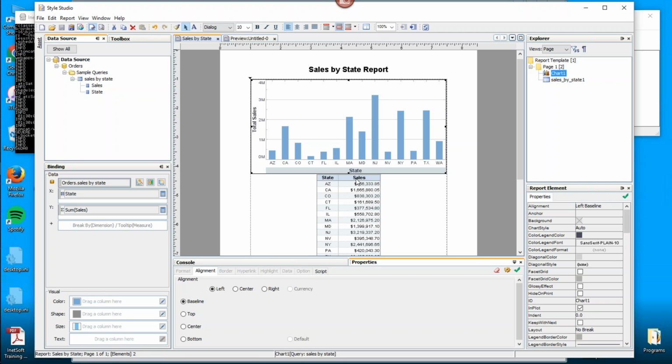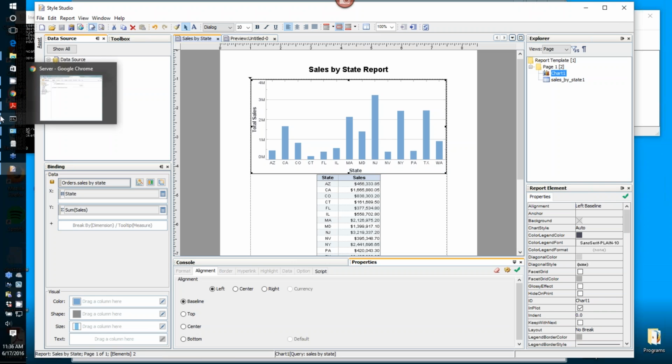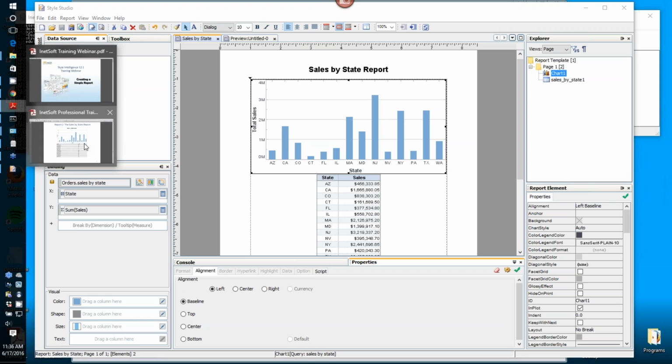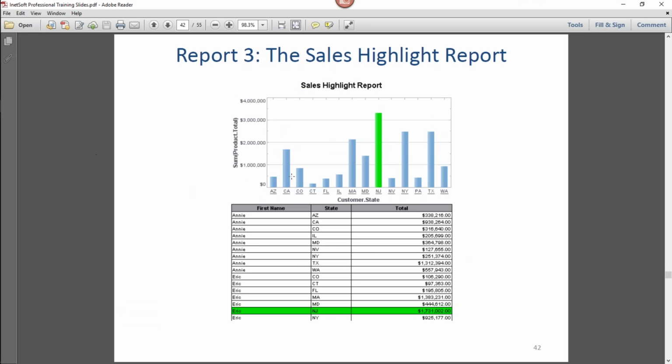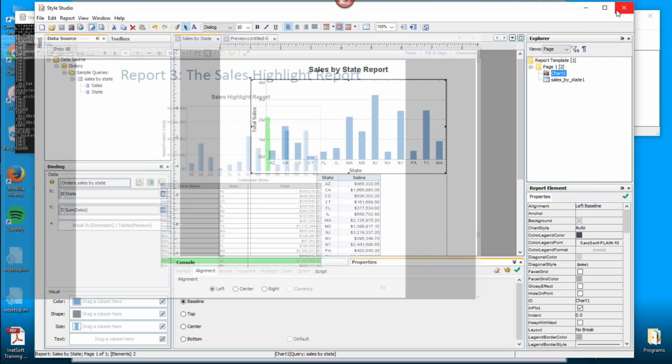Otherwise, I'll just run right into the next example, and we'll go as far as we can in the time we have. So the next example is a very similar report, with some slight differences. The one difference is that the chart and the table are based in this case off of a data model. We'll see that from a mechanical standpoint it doesn't really make that much difference. So let's set up the chart really quickly because that's very similar. The only difference will be the highlight. So it's again total versus state, but this time drawn from the data model.